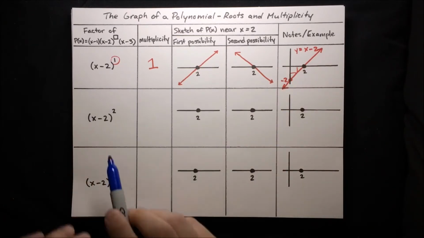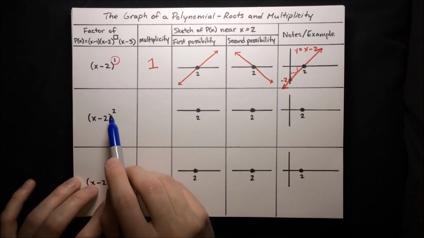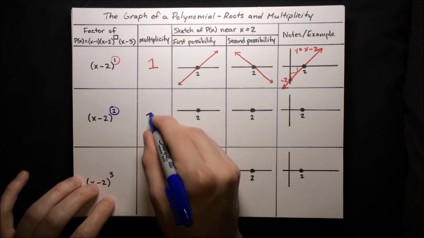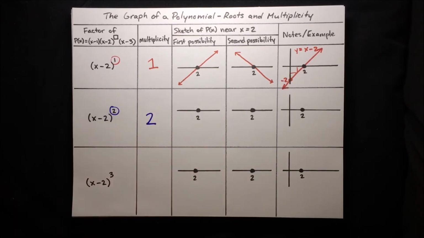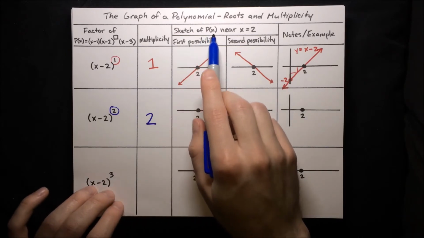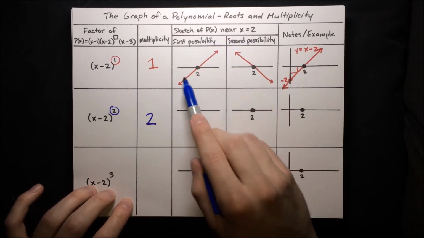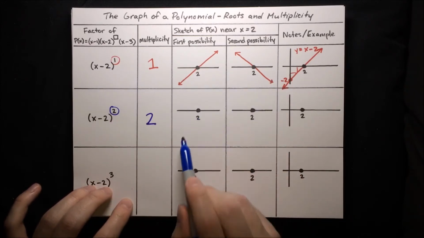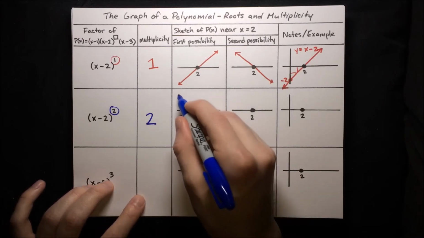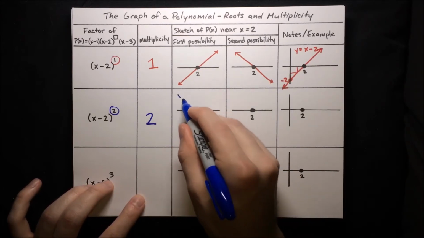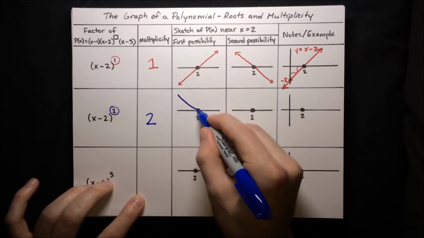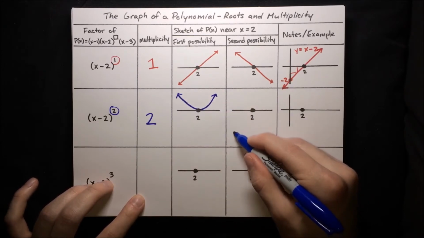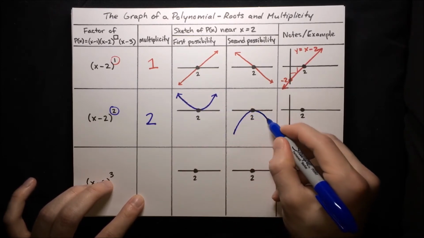Now let's move on to a more complicated case, the factor x minus 2 squared. So this time multiplicity is not 1, but 2 this time. It's just the exponent up there. And what ends up happening for p of x near x equals 2 is instead of going through the root like it did for simple roots of multiplicity 1, it's going to just barely touch the root and then come back. So it might be coming from the positive side. So go like this and touch the root and then double back on itself like that. Or it might be coming from the negative side and then touch the root and then double back on itself